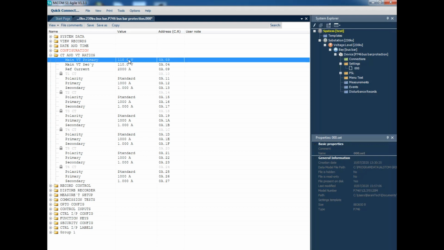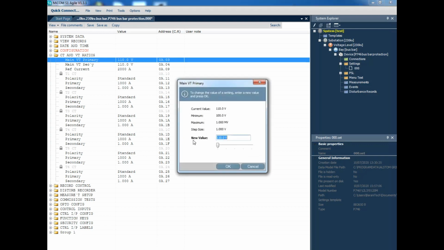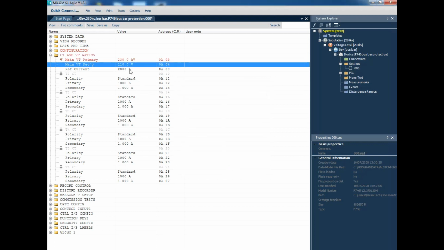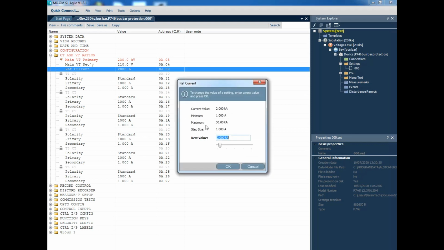VT primary is 230 kV, so I am entering that value. And reference current is 1200 and all other CTs are 1200. We have 5 cores. For the 5 we have to feed this value.